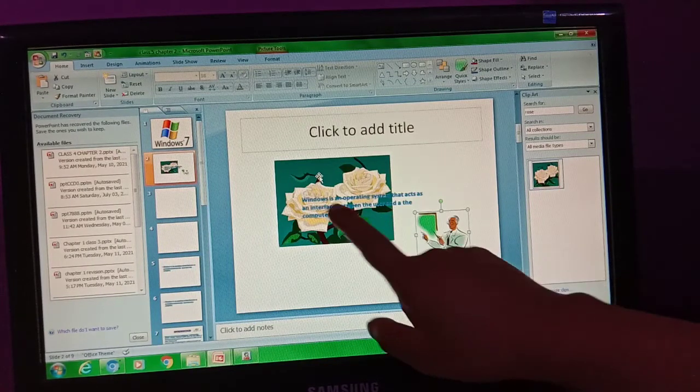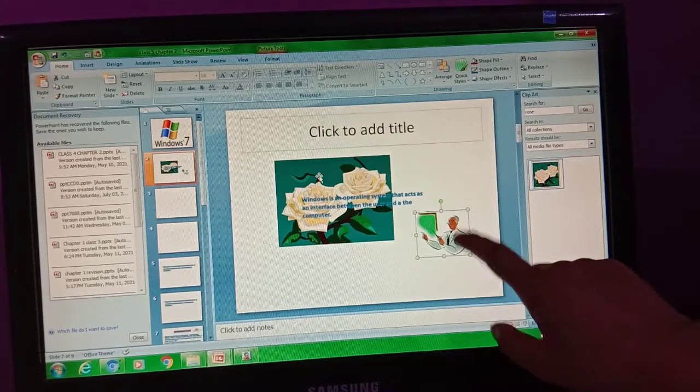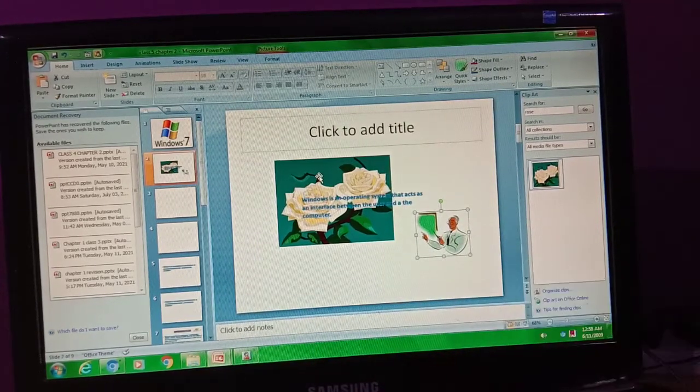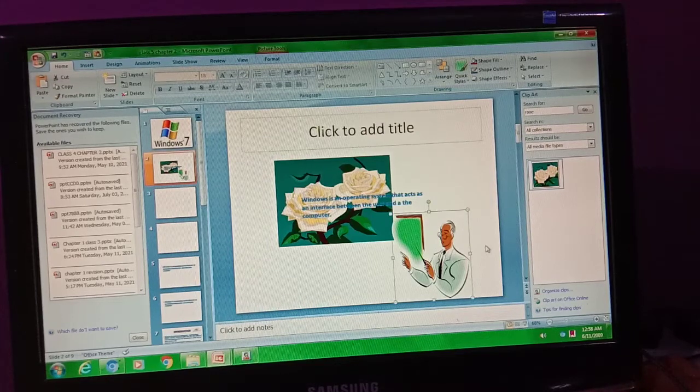So that is the content that came from the clipboard. I copied it 2-3 times, that's why that was removed, and now the new item is stored in the clipboard. So this new item is now pasted. That is your clip art. Okay, clear to everyone? So this is how you can insert a clip art in your slide.